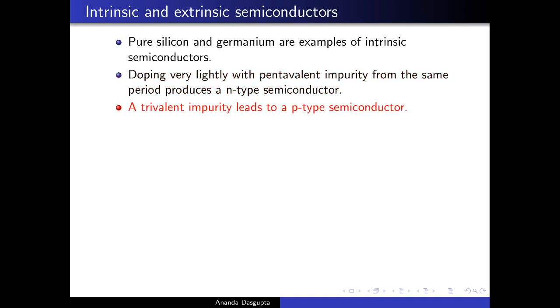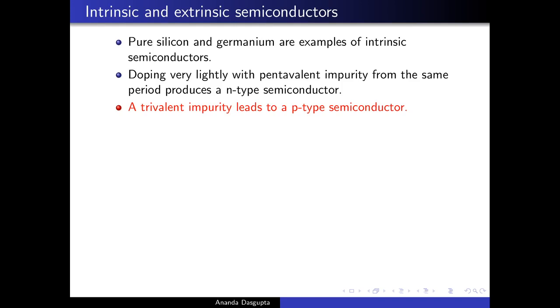Well, instead of a pentavalent impurity, if you try a trivalent impurity, this leads to a P-type semiconductor. Again, a fact which all of you know. And once again, you have to take an impurity from the same period in order to not disturb the crystal lattice too much. Also, the doping has to be very light so that you do not disturb the crystal lattice too much, and so on. So a p-type semiconductor,